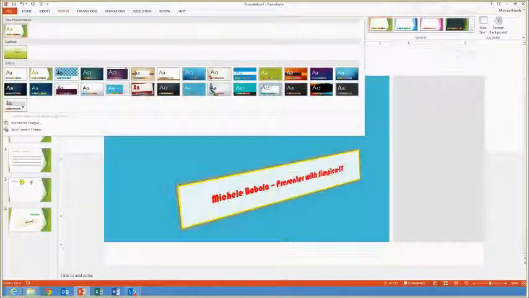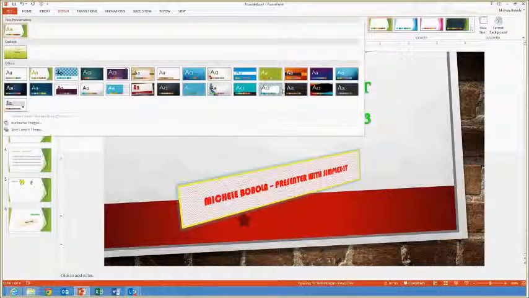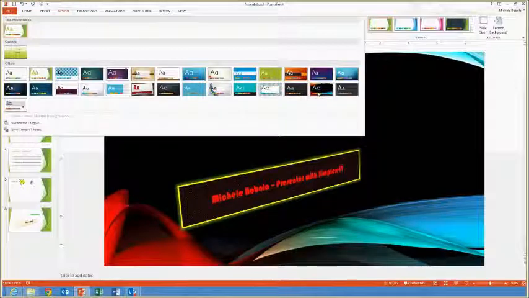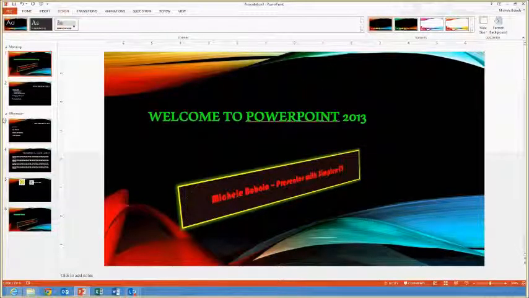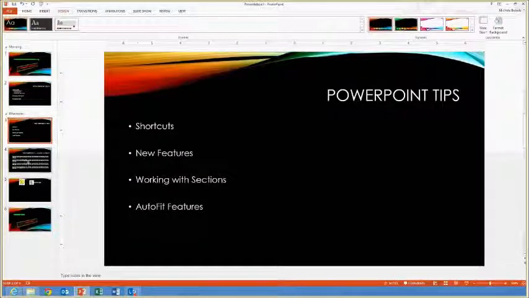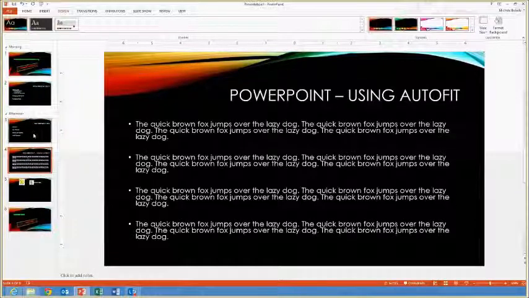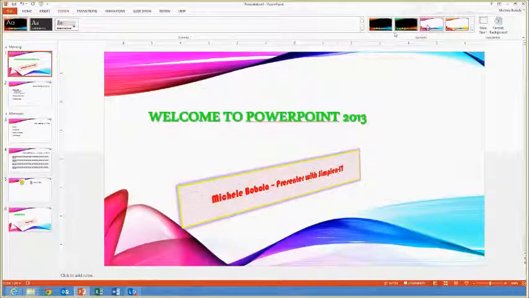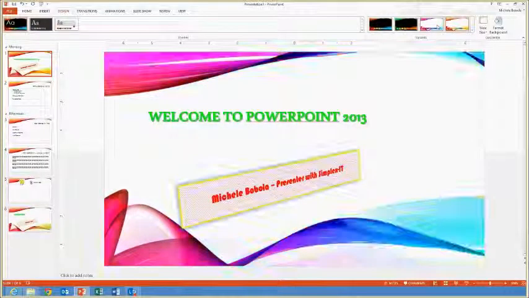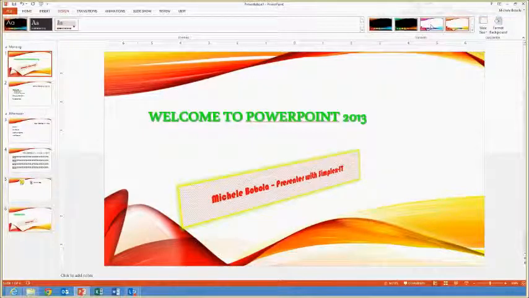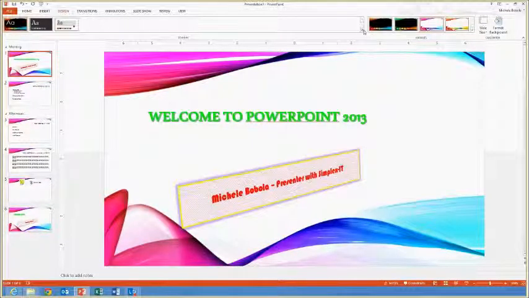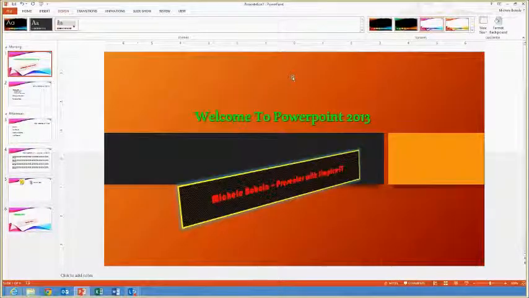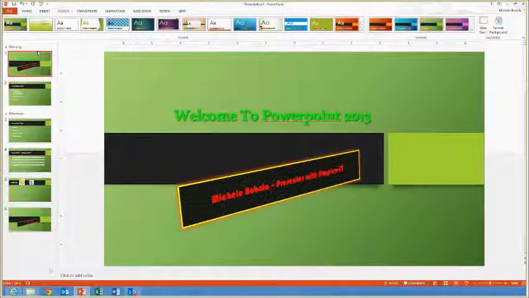Some of these styles are styles that you may have used before or what's available based on where you're at or what you're doing. So when you click on that design, notice how it changes. In fact, my title is now in the upper right-hand corner, and notice how it has changed the bullets and the text that's on the slide, and it has changed it completely. And then over here, you might have different variants that you can choose from for those different slide designs that you've picked. So if I don't like it, I can go back and I can pick something else if I want, and then I could choose a color from here and pick that color,